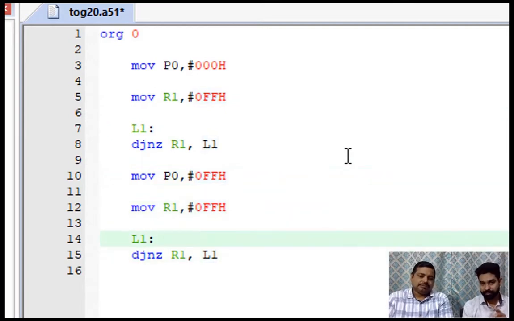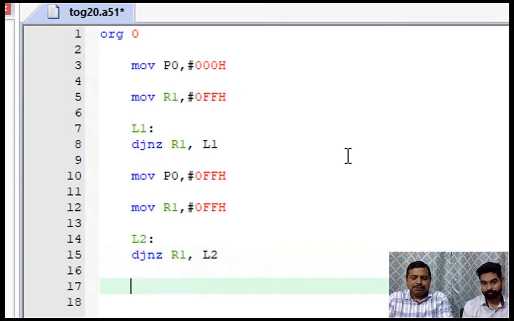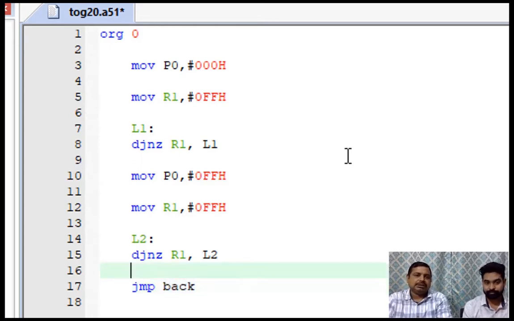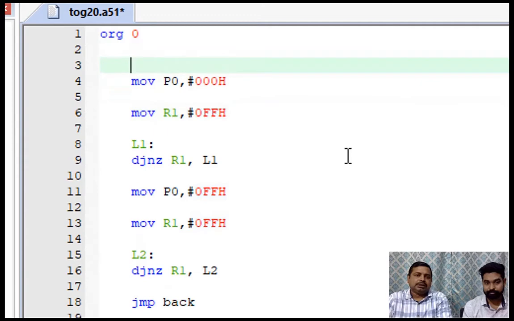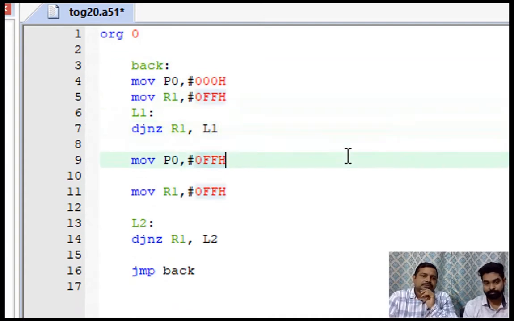That earlier part was only for making the port low, and this part is for making it high, and this should be done infinitely. So jump, like we can say maybe back or start, something like that. So this is how our program is completely.